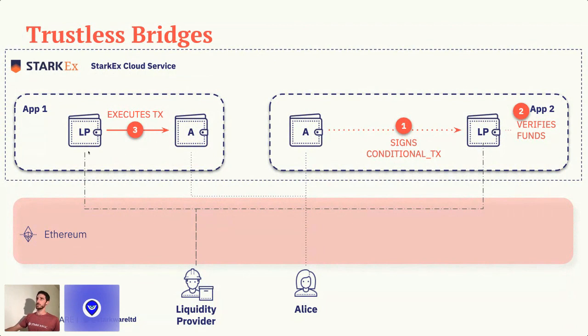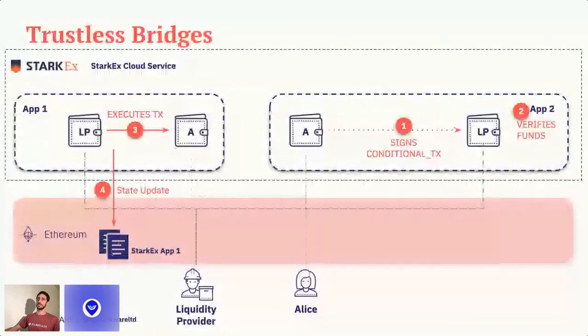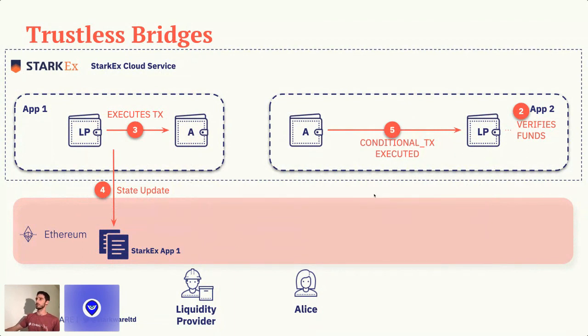So let's see what happens. Application one batches transactions, as it always does, and posts a state update. As part of this state update, one of the transactions that is included is the execution of this transaction. Now, once this application sees this transaction is indeed final, it can execute the conditional transaction, transferring the funds from Alice to the liquidity provider. Now, we need to finalize this batch. So what happened is that, I just moved it so it will be more clear,